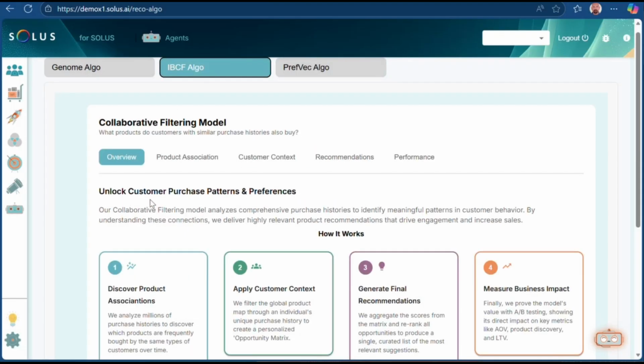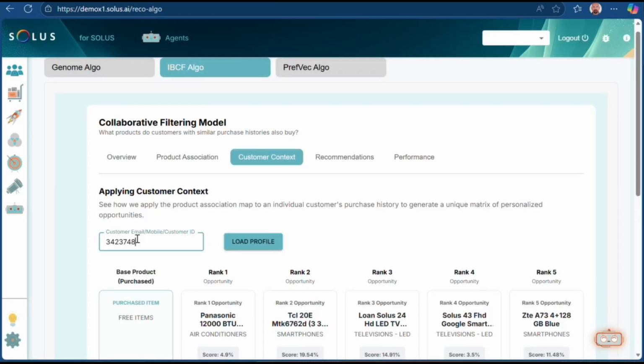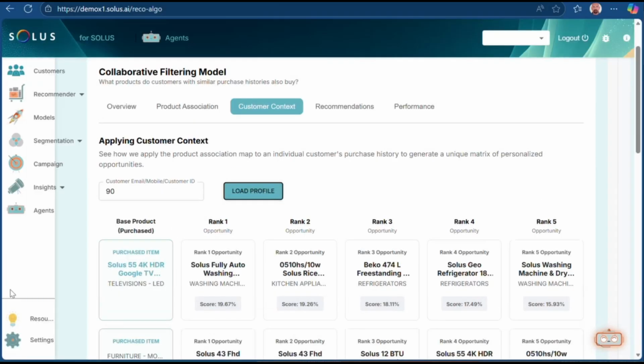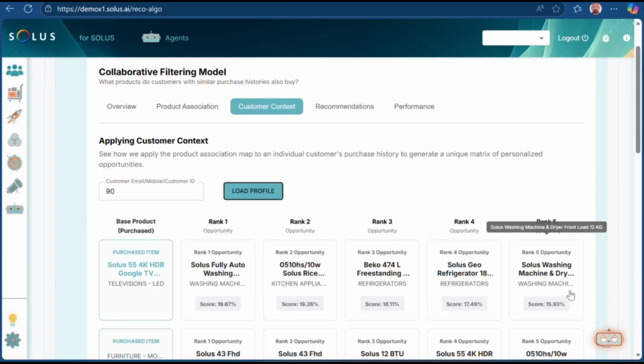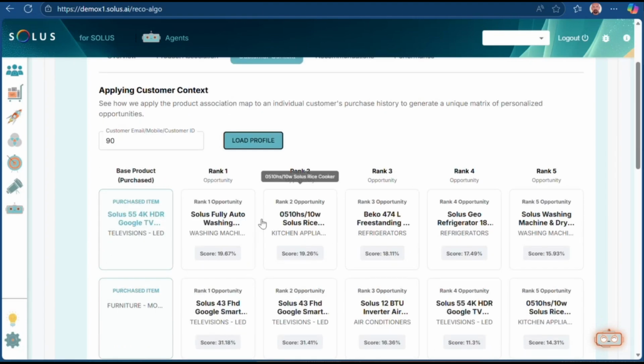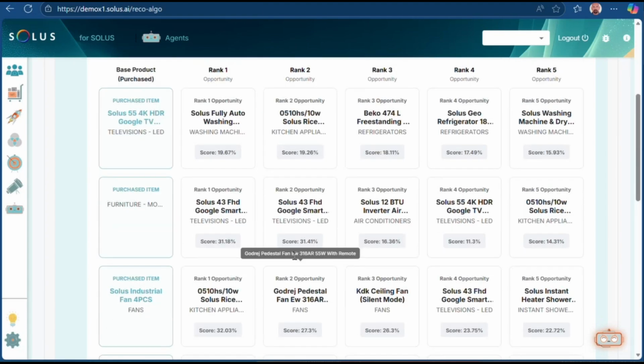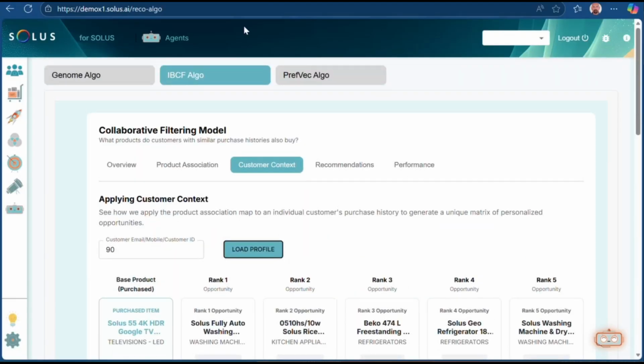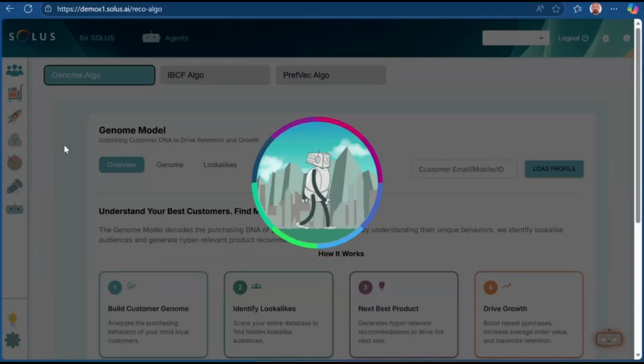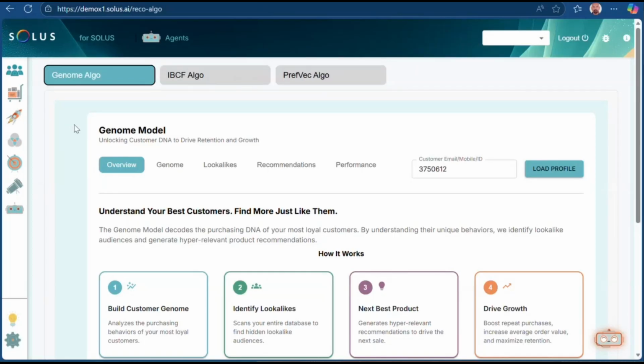Okay. IBCF is your co-purchase patterns, right? So people who bought A also bought B. I could have a variety of ways to find these product associations. Then I could take a particular customer and say, this customer bought the following items. Now, what went with these items? What are the products that other people bought along with these items? And then I can put it together and say, therefore, I'll recommend this. In a QSR sort of context, I could say, people who bought burgers also bought fries. People who have bought milkshake also bought fries. Recommend fries. It's just that, right? So essentially, these are your broad approaches.